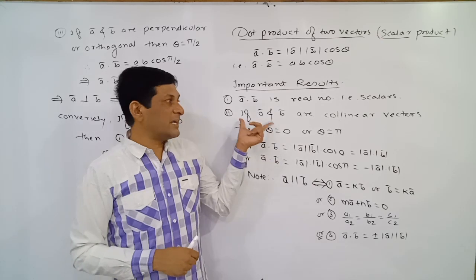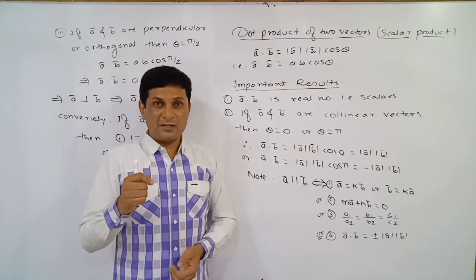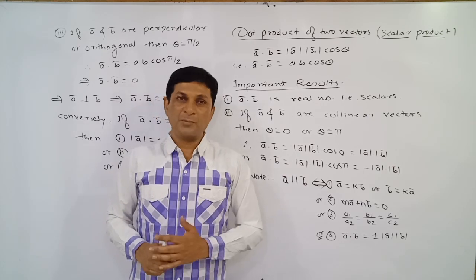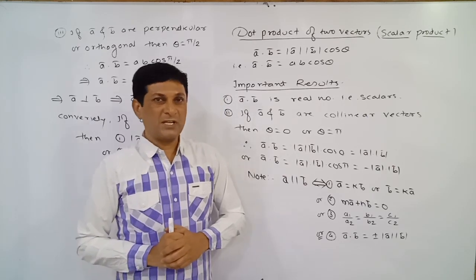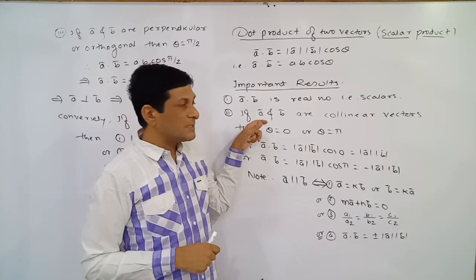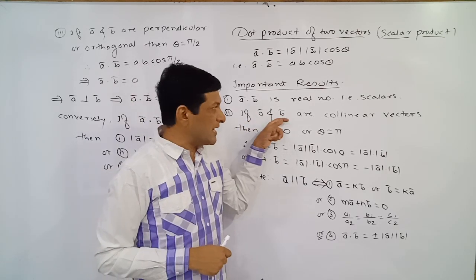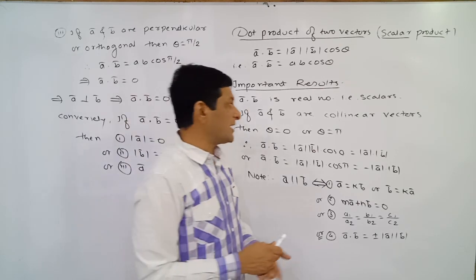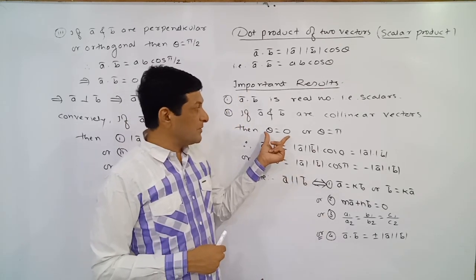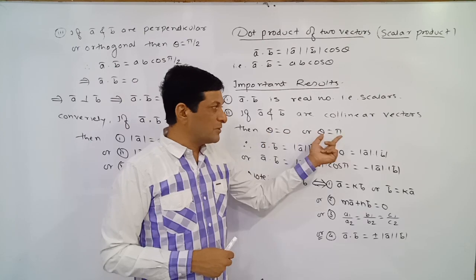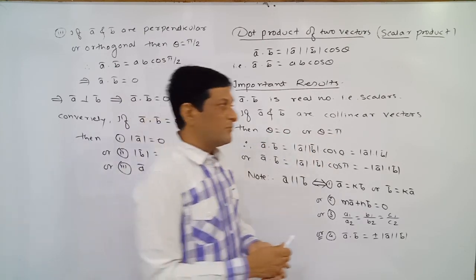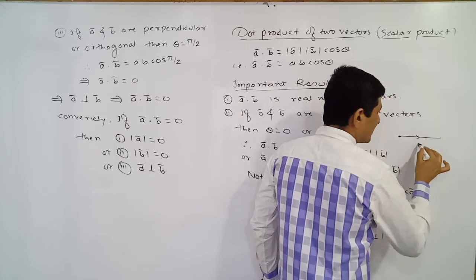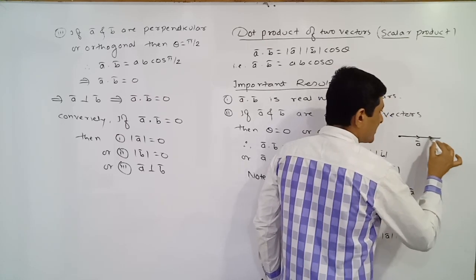So then, second important result. Now this is again, see, in vectors definitions are not important, conditions are important, because applying conditions we have to solve the example. If you observe this important result, that if A bar and B bar are collinear vectors, at that time what? The value of angle between them, means value of theta, is either equal to 0 or equal to what? Pi. Where we can say that the value will be equal to 0, that this will be say vector A bar and this will be say vector B bar.